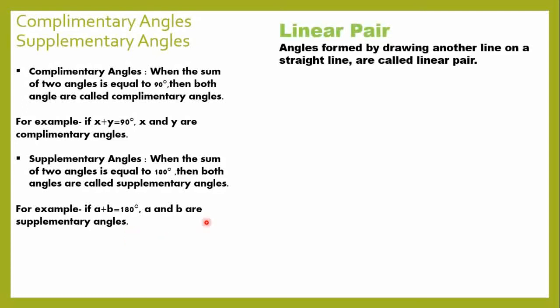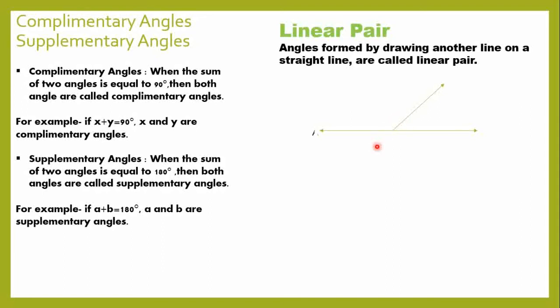Now what is a linear pair? So angles formed by drawing another line on a straight line are called a linear pair. Let's see, this is a straight line, and if we draw another straight line on this straight line in this fashion, now we have two angles formed due to drawing a straight line on another straight line. So these two angles will be called a